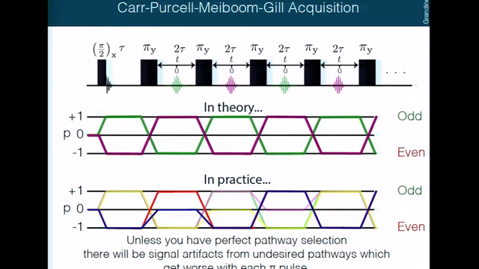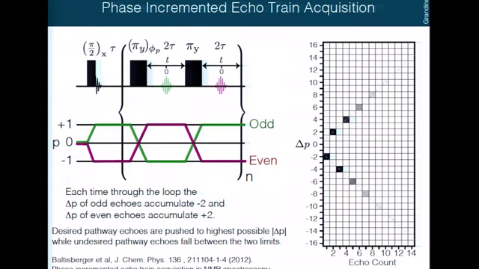So you end up with a lot of stimulated echoes, and it looks like your echo train just never wants to die, even though it's longer than T2. But that's because of all these stimulated echoes that get mixed in. So you need to get rid of them, but that's a lot of pulses to phase. But what I just said is that you can just push the desired ones off to the edge with a single phase. And in this case here, what we do is we just say, well, the green paths are going